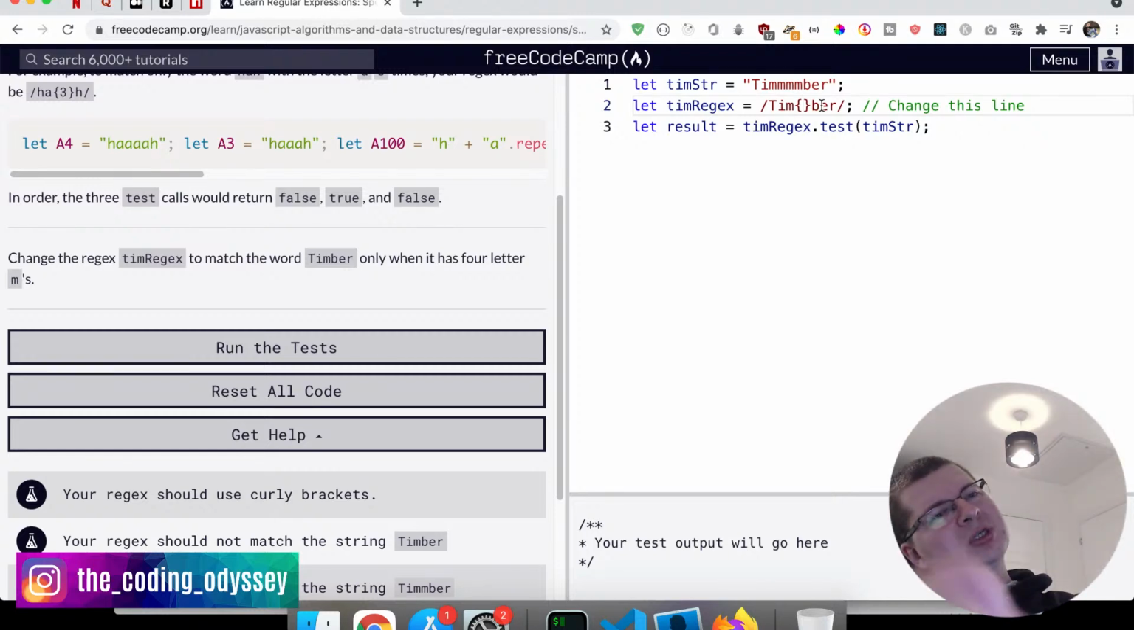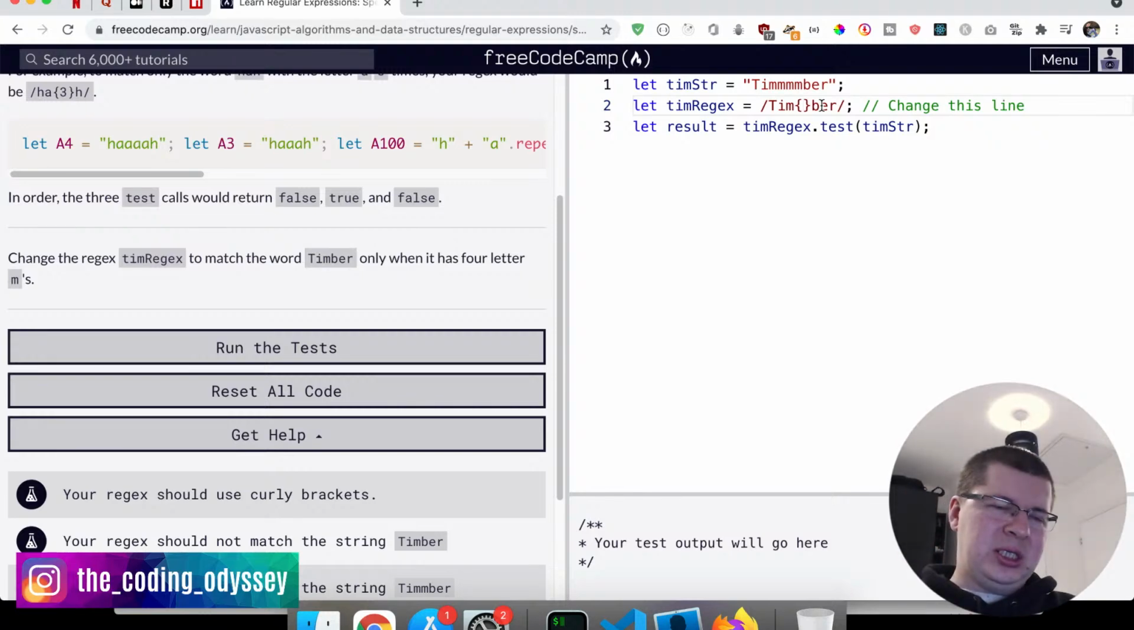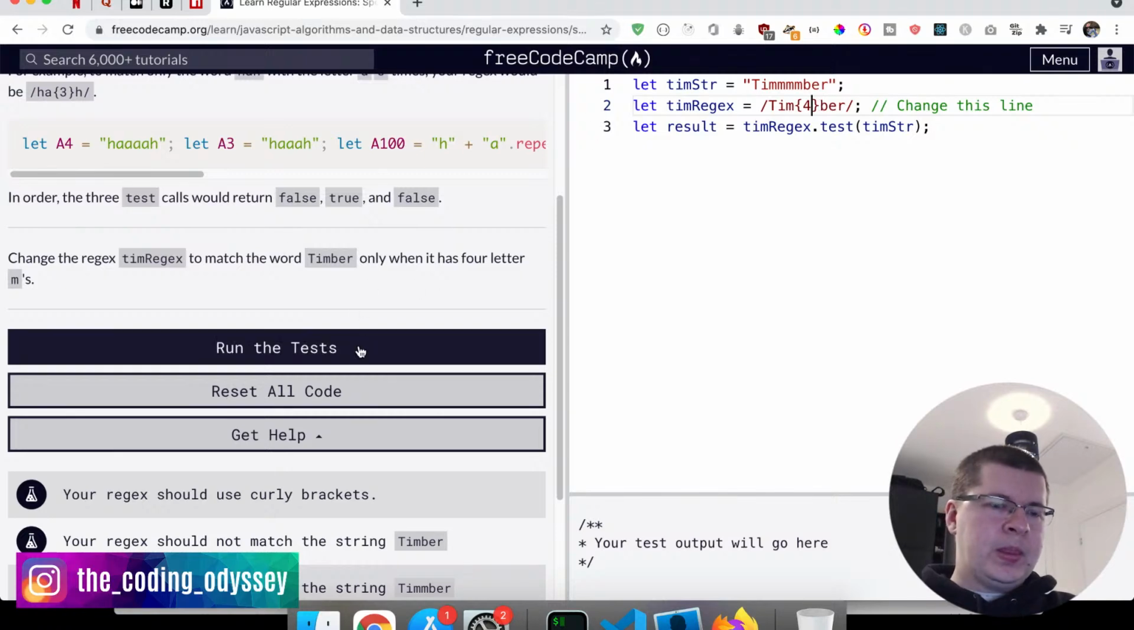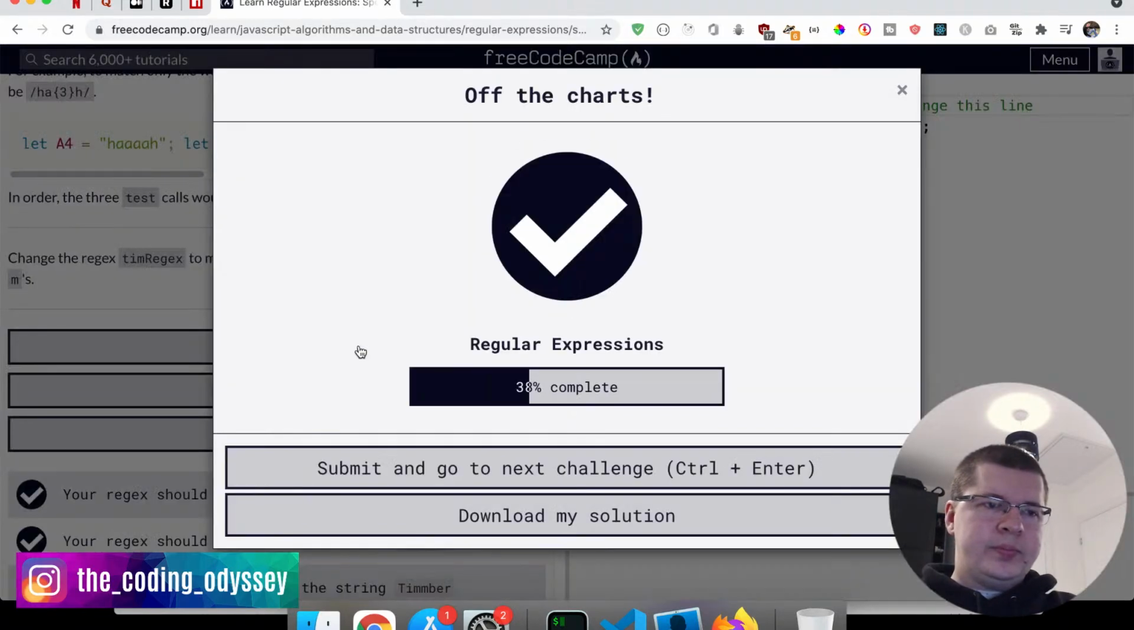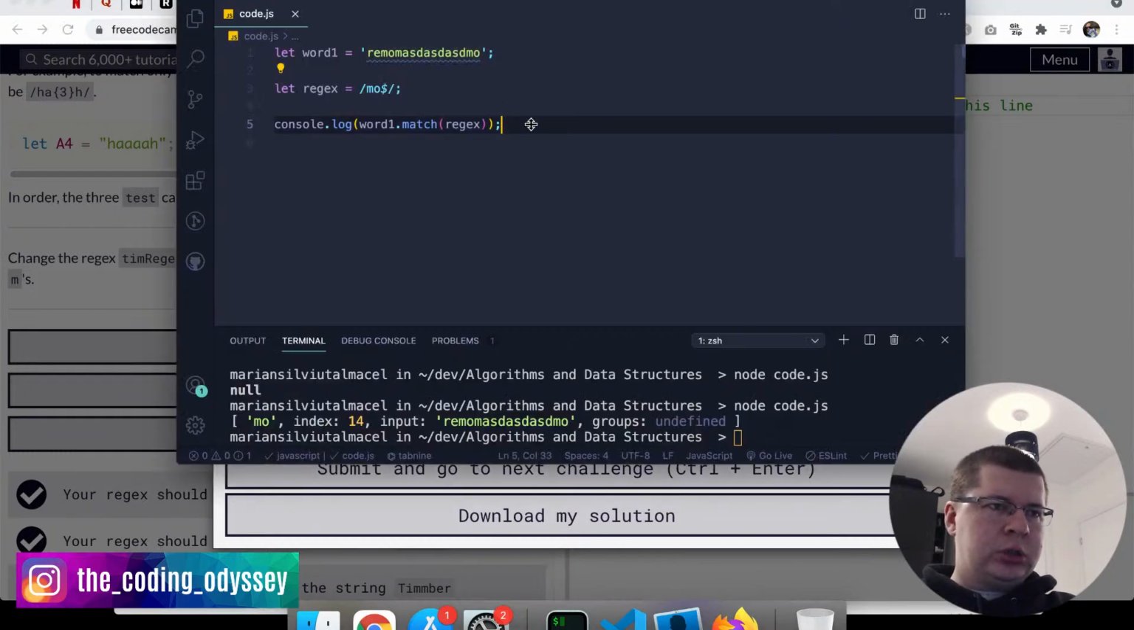You would obviously be able to write timber with 100 m's, but that would take a long time to make a regex like that to match that, right? So instead of that, you just say timber, and then you say m should appear 4 times here, right? Because that's what it says here, right? And like I said before, this is useful